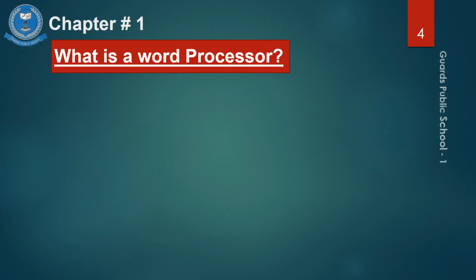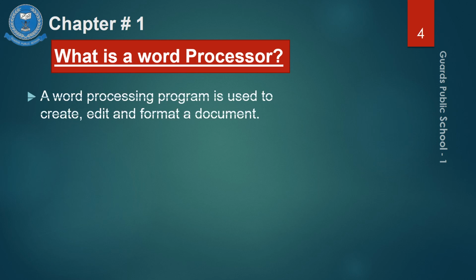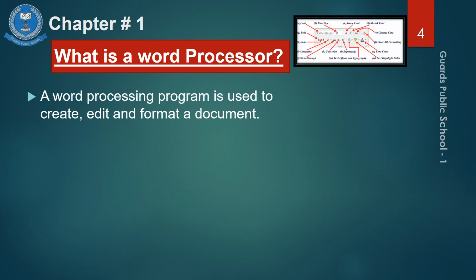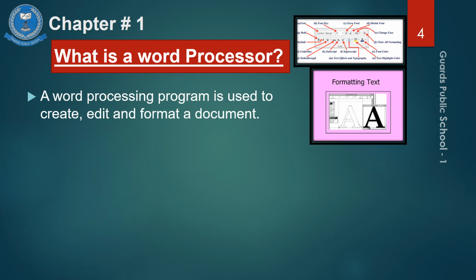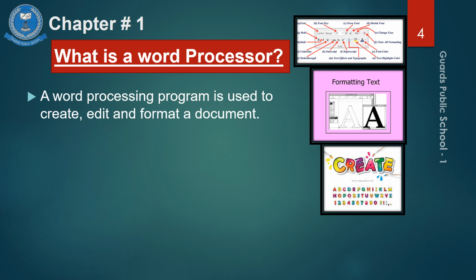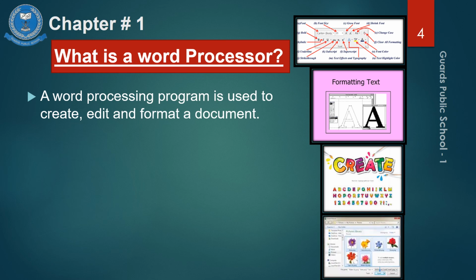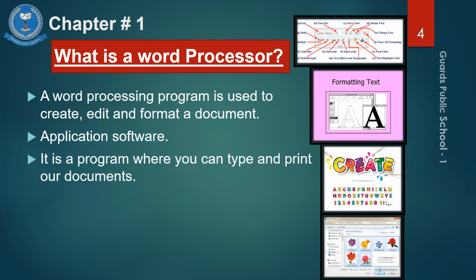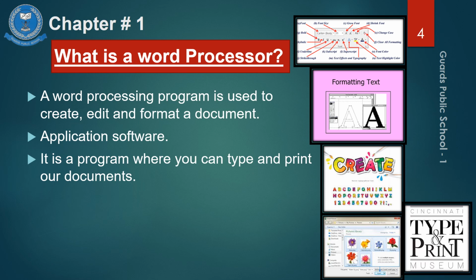A word processing program is used to format a document where your text can be formatted with the help of different tools. For example, if you want to increase your text size, if you want to decrease your text size, you can make your text colorful, you can insert shapes, you can insert different pictures, we can do easily in a word processor. It is an application software. It's created for a specific purpose where you complete your task with the help of different tools, like our documents can be added, saved and printed easily.